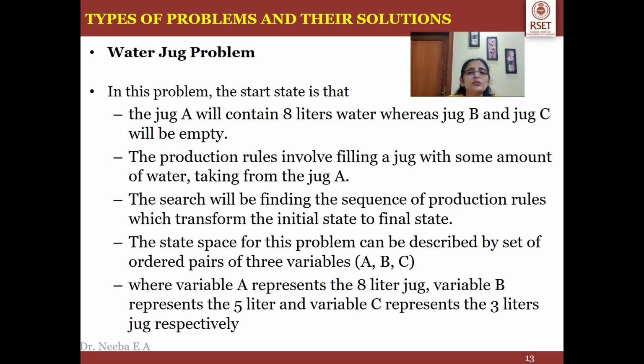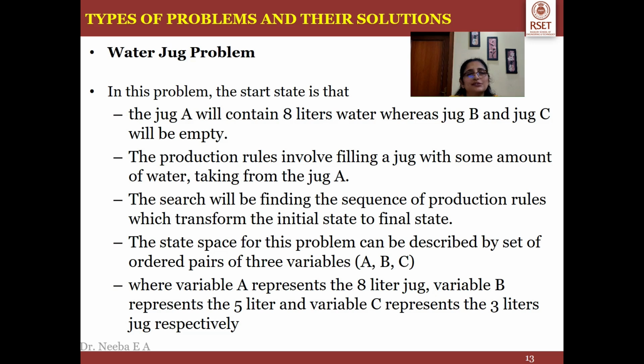Now when we are going to describe the water jug problem, first we have to say what are the states which we have. Now the starting state is jug A containing 8 liters of water, whereas jugs B and C are empty. The production rules involve filling a jug with some amount of water, taking the water from jug A. The search will find a sequence of production rules which transforms the initial state to the goal state. The state space for this problem can be described by a set of ordered pairs of 3 variables A, B and C,